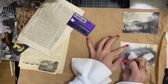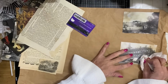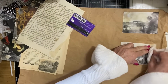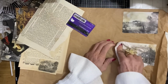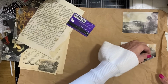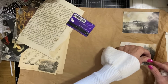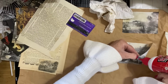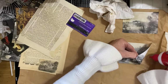Oh dear. Not wanting to stick that one for some reason. It's resisting sticking onto the brown packaging paper. I don't know why that is. Okay, never had that before. But if that continues to happen, I wonder whether I've got two pages. No, I haven't. If that continues to happen, then I guess what you could do is just glue it into place and then